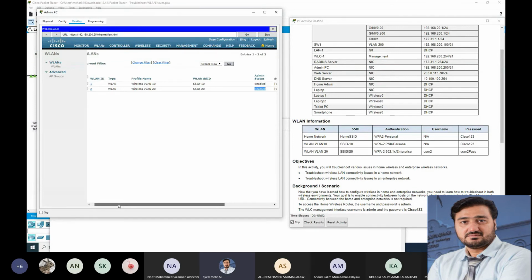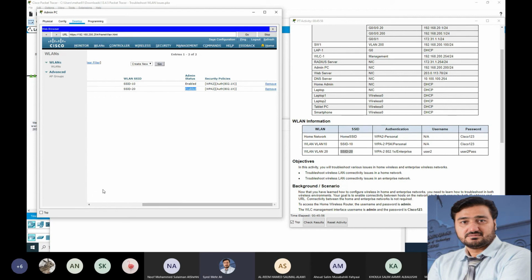Okay. Now we will move further. Now we need to check the security policy, whether it is based on the given table or not. See, now we are going step by step. Now the second option, we need to check the security.